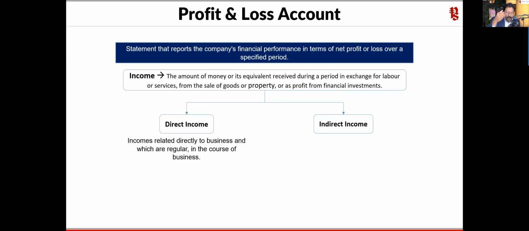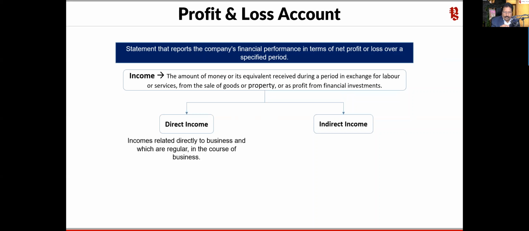So the objective or intention with which you start your business clearly says what the nature of the business transaction is that you are dealing in, right? So any income that the organization earns out of this major activity of your business,